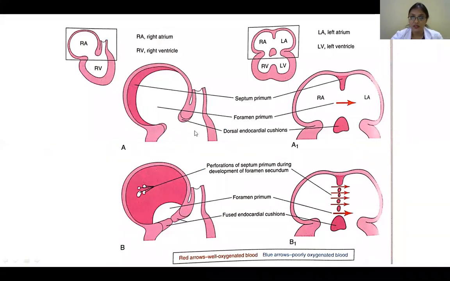The right atrium interatrial septum development I've already taught. Here two sections you'll be seeing. This is when you're viewing from the front, and this is from one side you're viewing, so they'll be parallel here. Four slides are there. This is the primitive atrium, and this is the primitive ventricle. Imagine this is your primitive atrium. That is a roof, and this is the floor, where in between your septum is going to form.